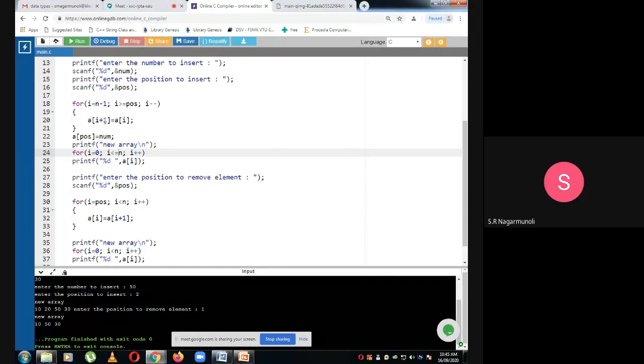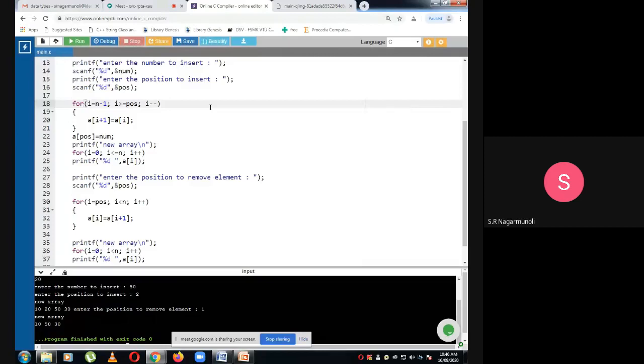Here you do not write i plus plus because you should not change the value of i. You should only increment the value of i and use it. You should know the difference between i plus plus and i plus 1.